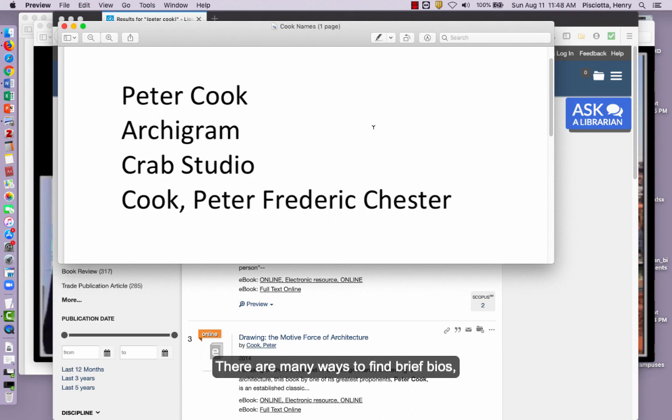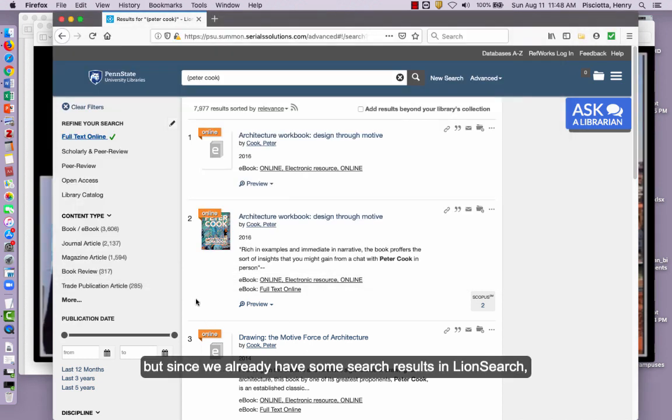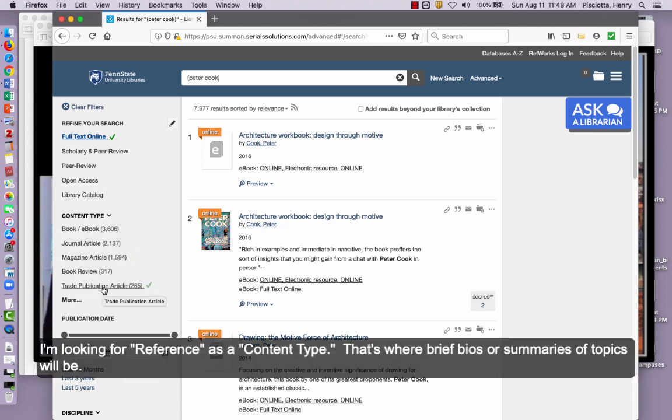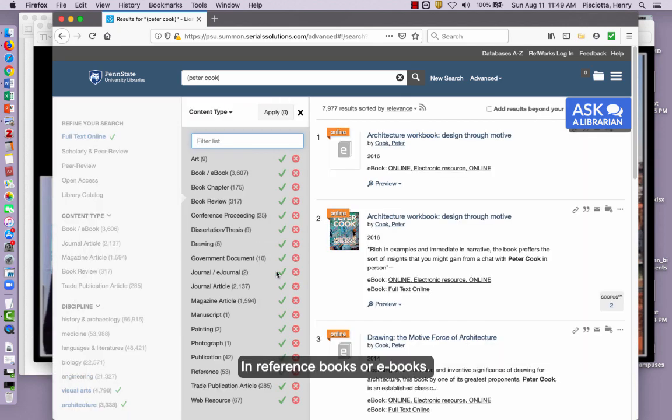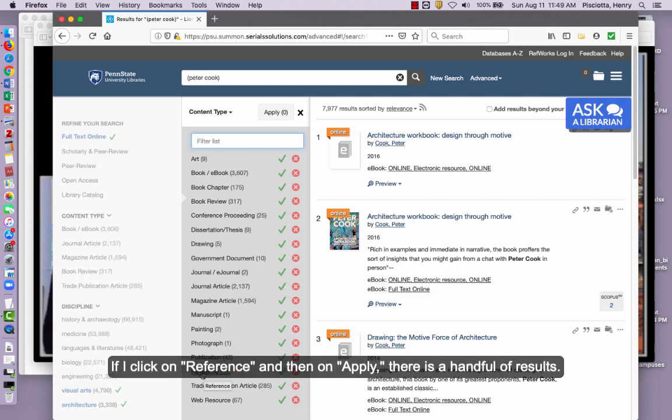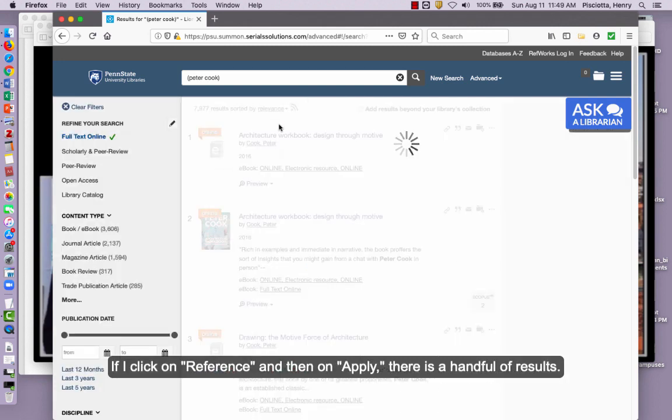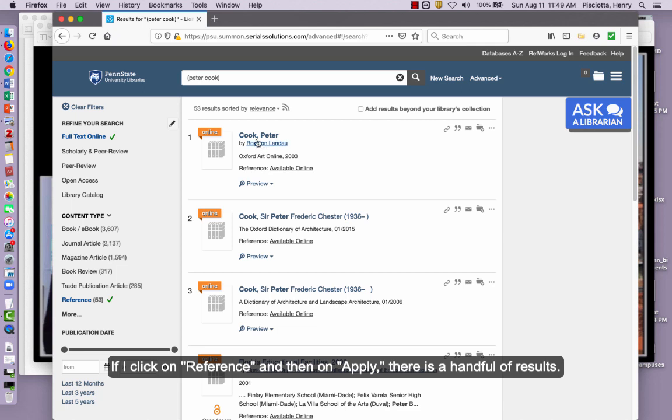There's a variety of ways of finding those, but since we already have some search results here in LionSearch, one easy way for us right now will be to further refine our search by content type. I'm looking for reference as a content type because that's where brief biographies or brief summaries of topics will be, in things that are reference books or reference ebooks. So if I click on reference here and click apply, there's a handful of results, and the top one is